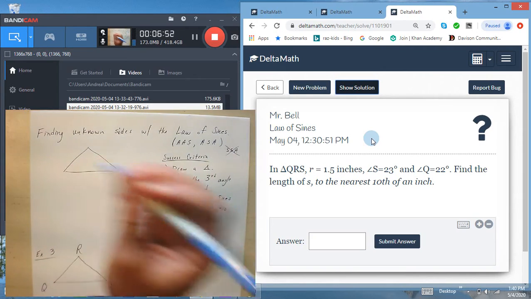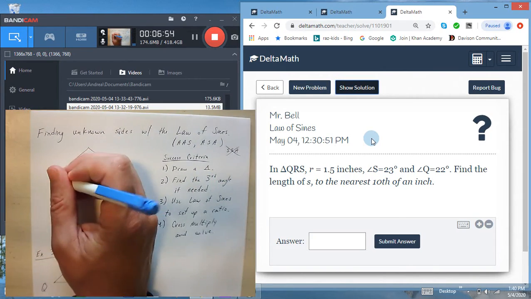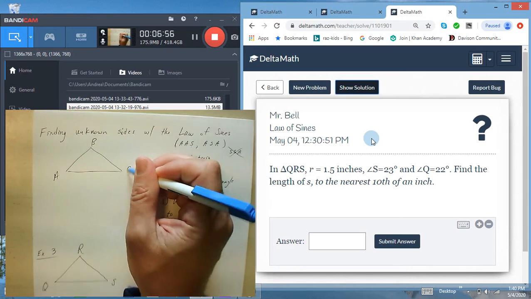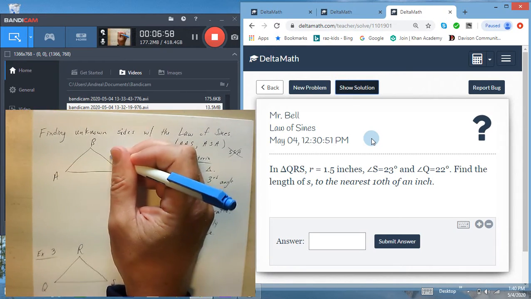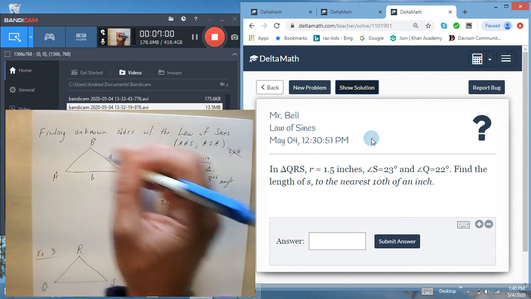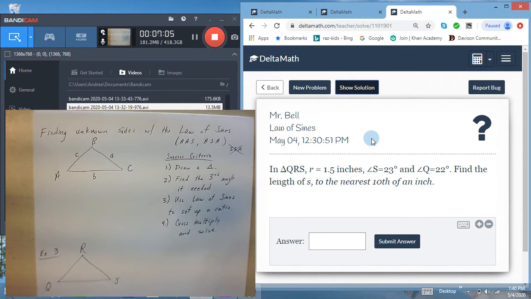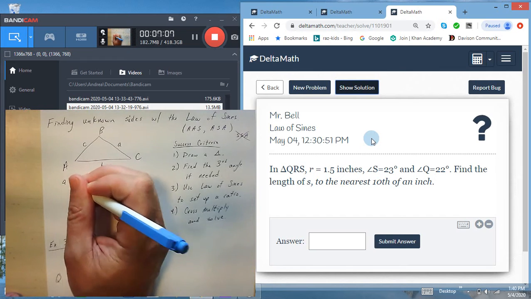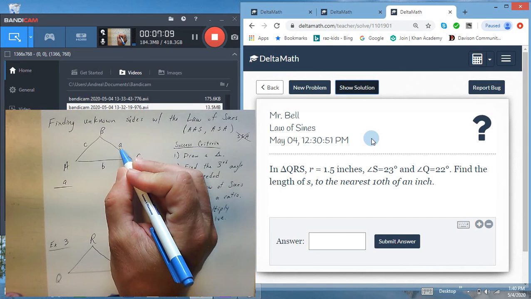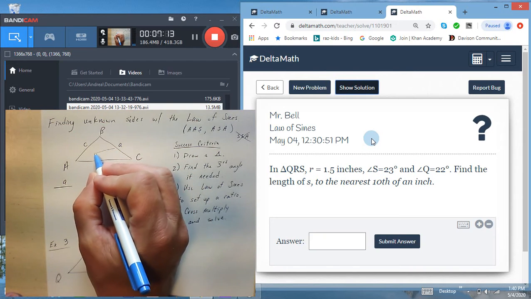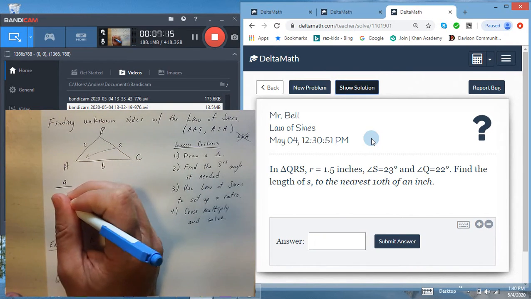All right, here's what the law of sines tells us. Let's just start with a generic triangle. Call this A, B, C. So this will be lowercase a, lowercase b across, and C here. Law of sines works like this. If I take any side of the triangle and divide it by the sine of the angle directly across from it,